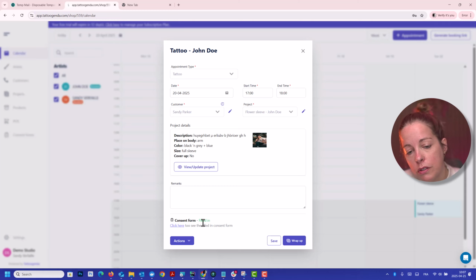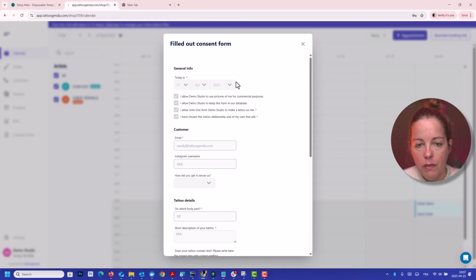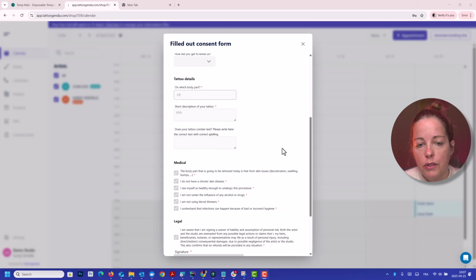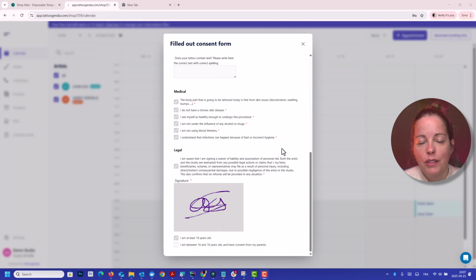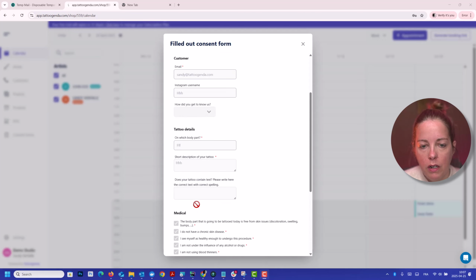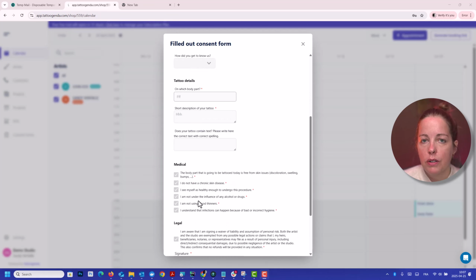If you want to see the content of that consent form, you click here. And here you find everything that your customer filled out. I made the consent form pretty short now, just for demonstration purposes, so it would save us some time, but you can ask way more detailed questions if you wish. Why do you want to check your consent form? Well, you want to make sure your customer doesn't have any diseases, but in your settings, you can also make sure they declare they have none and they don't get through the consent form if they have anything. So the fact that they have filled it out should already make you safe for that.